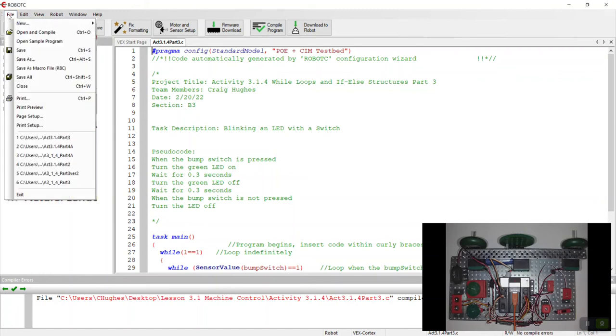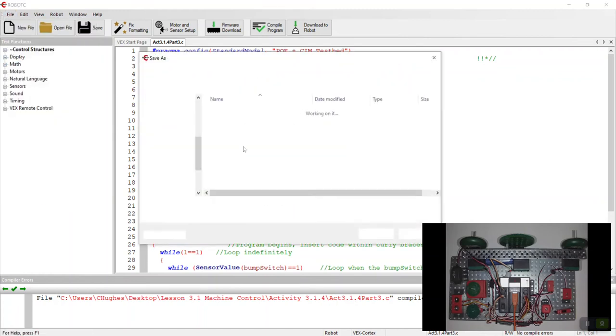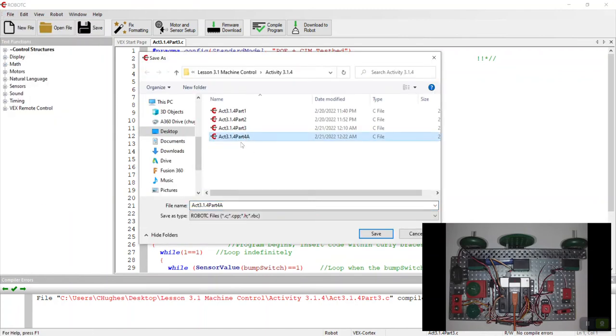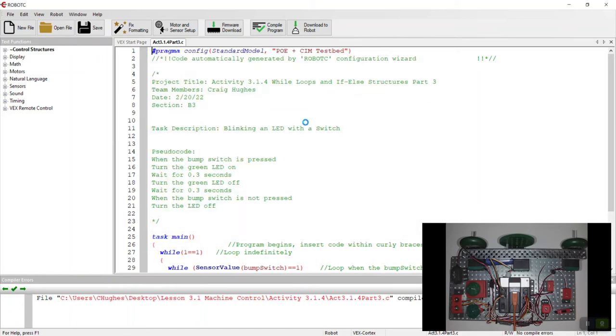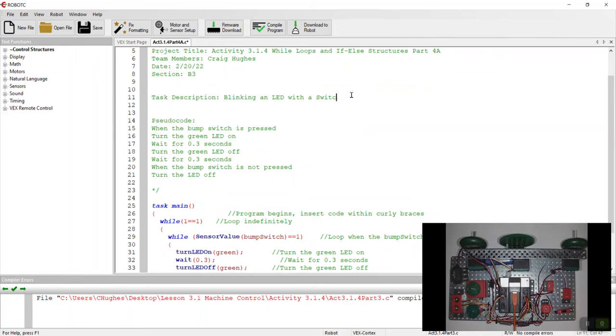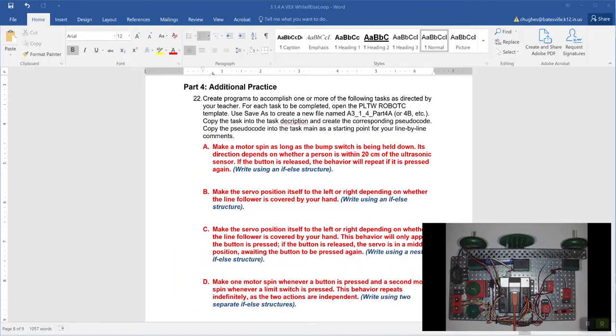I'm going to go ahead and go to File, Save As. And we're going to name this part 4A. I've already got one that I tried before, so I'm just going to overwrite it and replace it. I'm going to put part 4A up here, task description. In part 4, we'll grab the red text